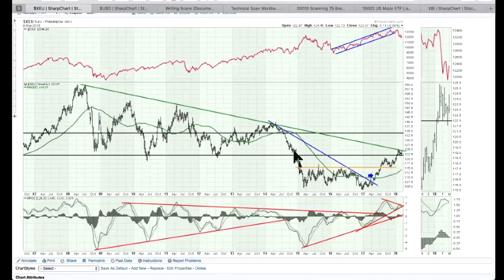And when it broke again, it moved very, very fast and built a base, and it took almost 3 years for this base to be built. Well, now we've broken out, and this 121 level is really important support and resistance. We've gotten slightly above it, but you can see that we are literally